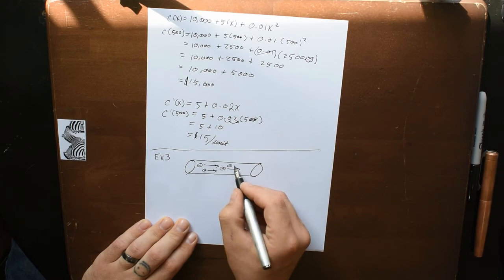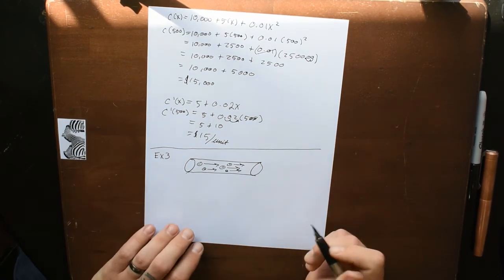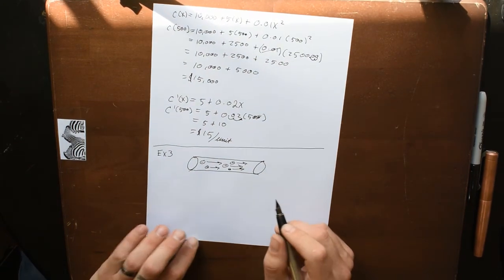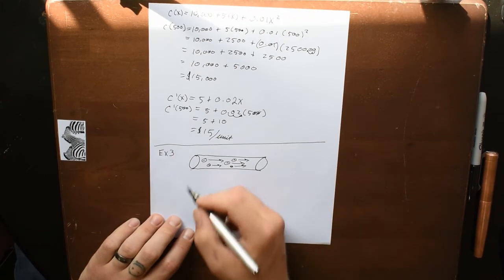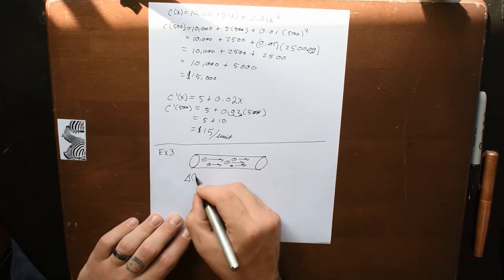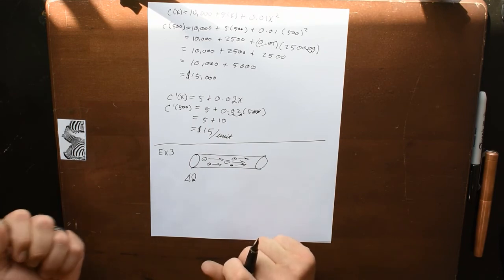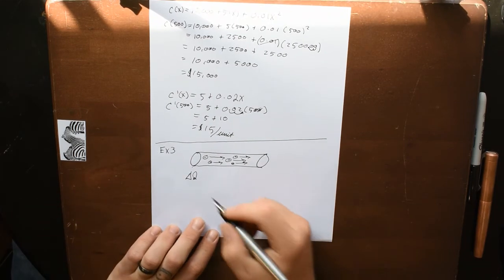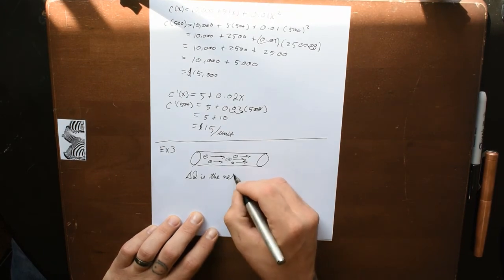These are electrons. So if we call delta Q the net change, or the net charge of electrons that pass through a plane. Delta Q is the net charge